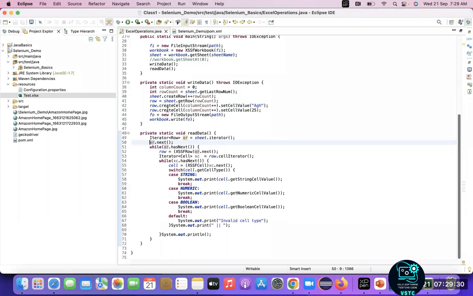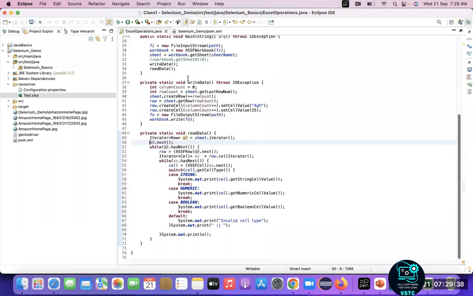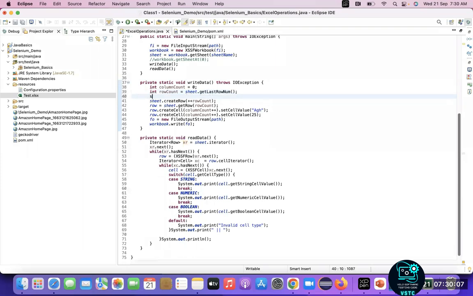We are writing here once a complete row. If you want to add something to the column, at the last column, for that also you can write one method. There, what you have to do is get the last column of that particular row. Read each and every row, get the last column count, and at the last column count you need to set the cell value as either passed or failed. So this is for creating a row. If you want to add a column also,